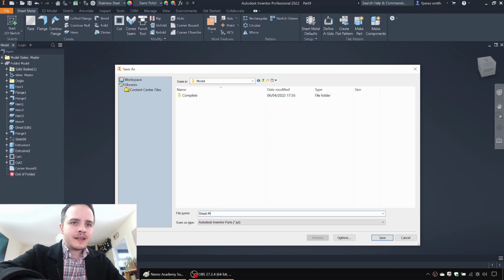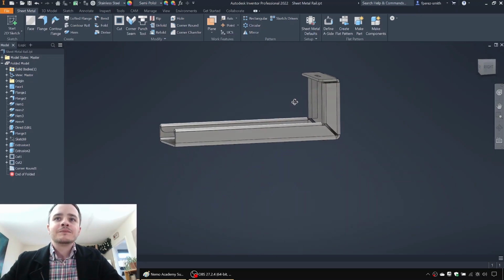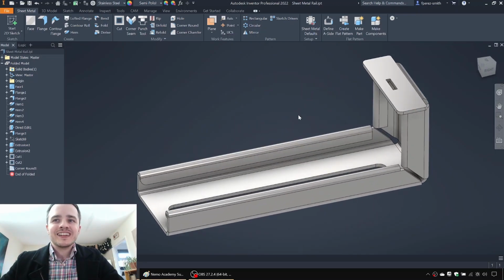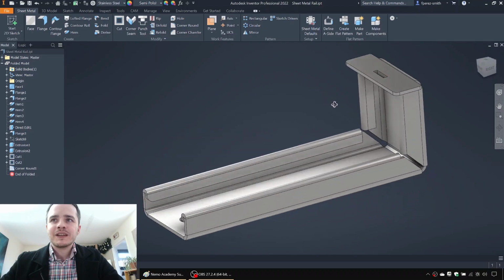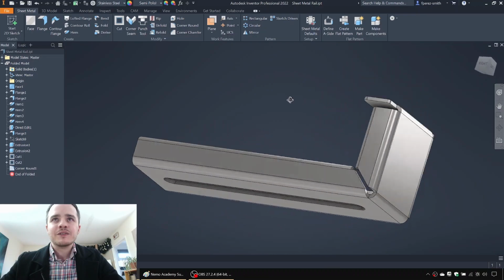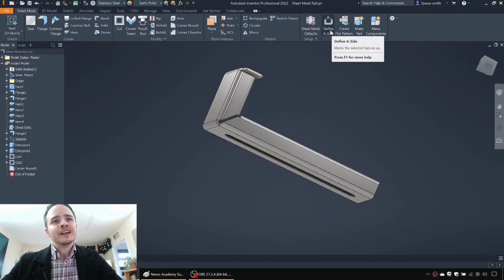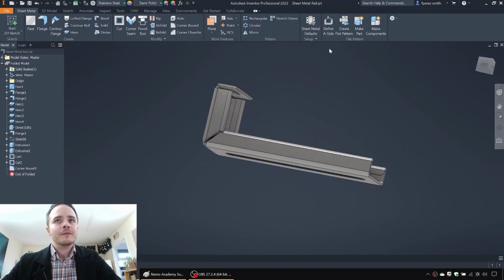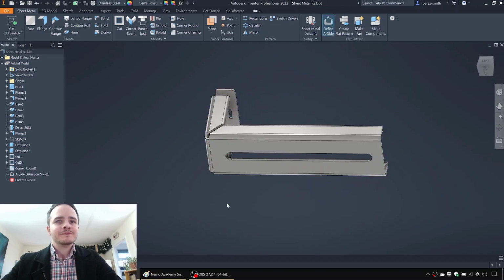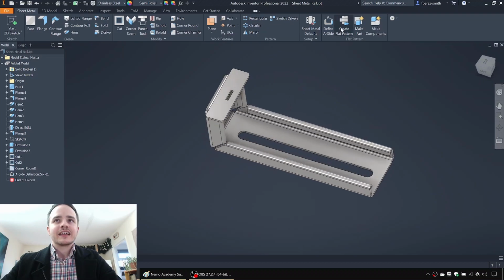Sheet metal rail. Good stuff. Okay, not just the drawing just yet. We need to make a flat pattern and we need to put in some bend order numbers. So to make a flat pattern, the first part is to define an A side. This is the side that's going to stay flat while the rest of it unfolds around it. We'll say define A side, click the bottom here, and then click create flat pattern and keep an eye on